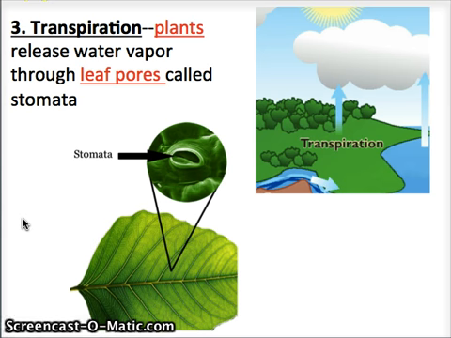The third way is transpiration. Transpiration occurs in plants and trees, and it's when water escapes through the leaves. And I think you can remember when we made our foldable, I had you draw these little openings. They're called stomata. Stomata are usually found on the underside of a leaf, and they're little openings that allow air to pass in and out. And through these stomata, sometimes water vapor gets lost, and so that water vapor actually goes back into the atmosphere.